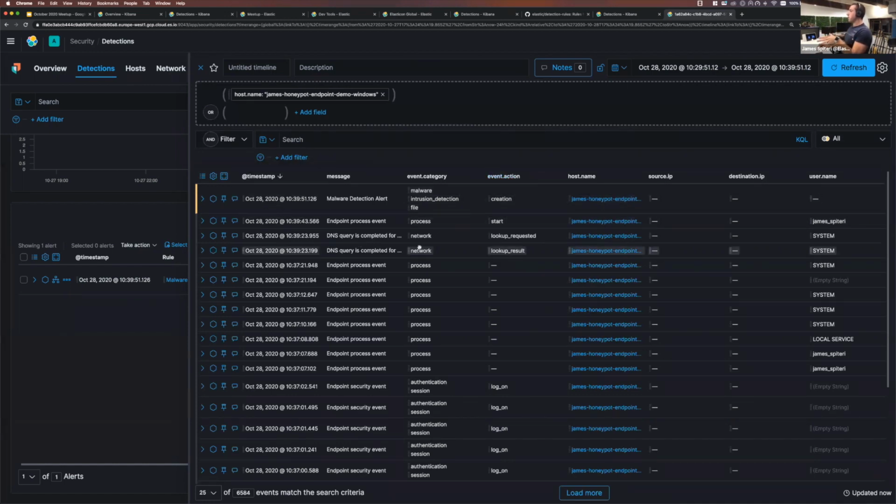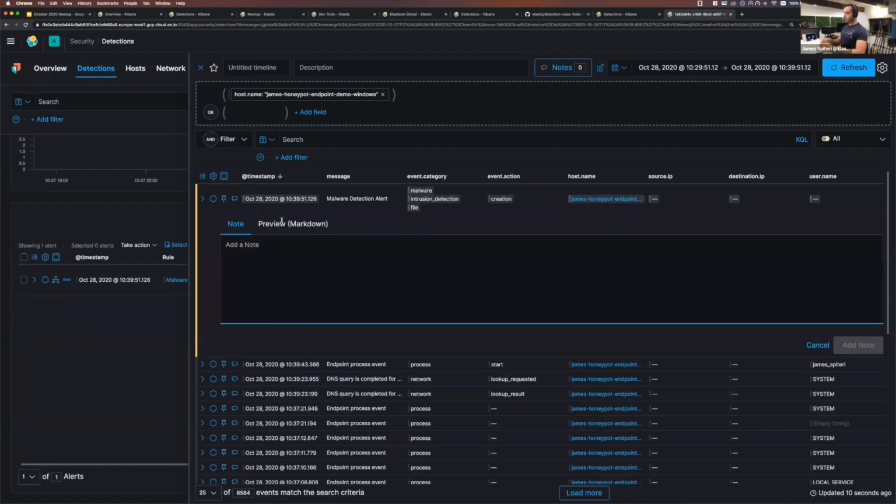And what we can do as well is we can leave notes in the timeline. So I'm going to leave a note here just to say that, hey, file created via certutil, seems to be phishing Excel as a parent, as an example. And these notes allow you to leave markdown syntax, so you can leave screenshots, comments, whatever you want. So I'm just going to leave that note.